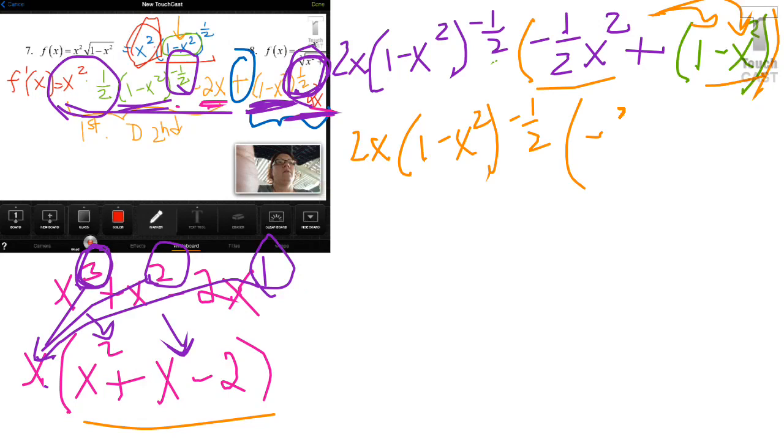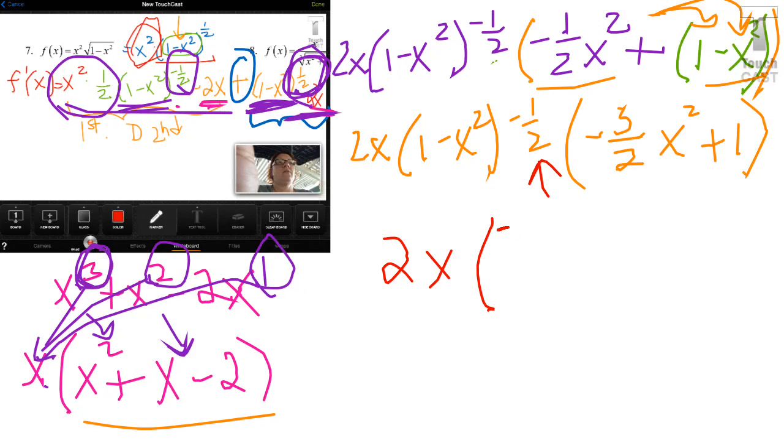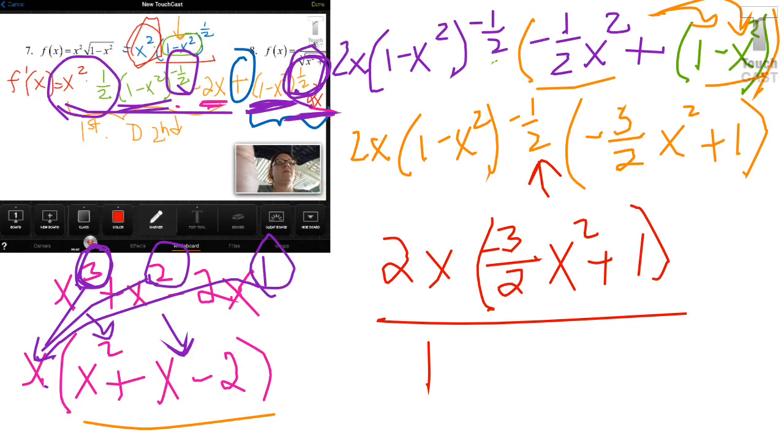So that's negative 3/2 x squared plus 1. And since I'm not allowing negative exponents, I'll have to write that on bottom. So on top, I have all that, and on bottom,